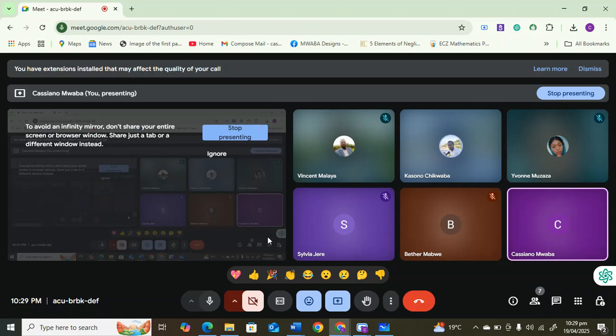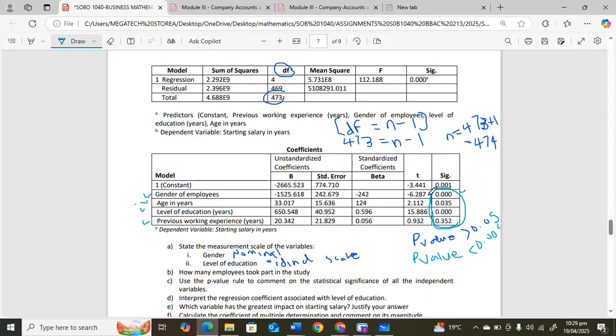Okay, so this test was conducted during biblical times, because nowadays your gender is not a thing. Okay, so we can say there's a significant relationship between the gender of employees and the salary.